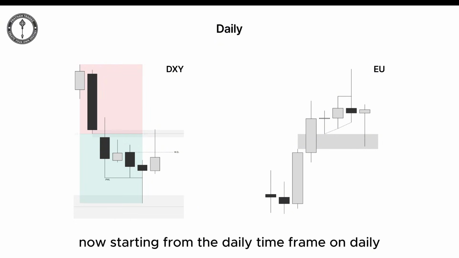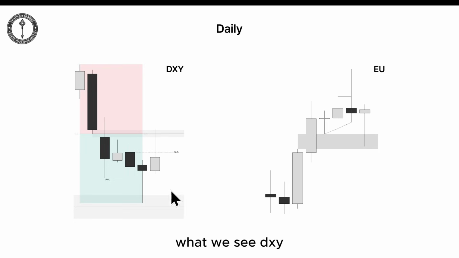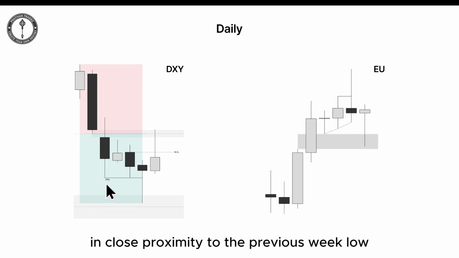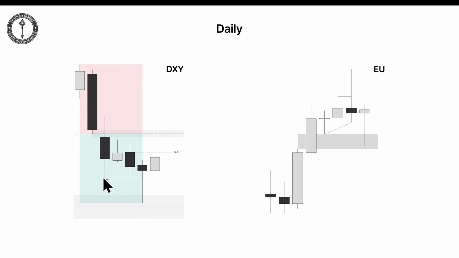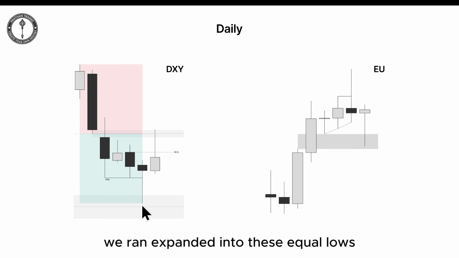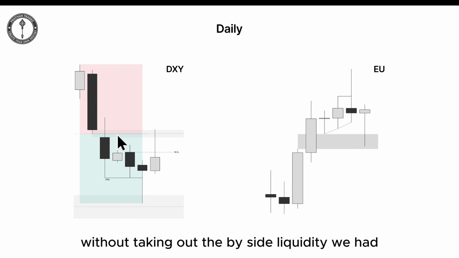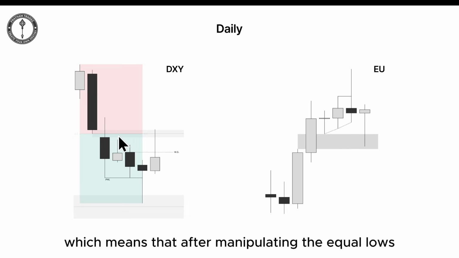Now, starting from the daily time frame, on daily what we see: DXY opened Monday, formed a range, closed inside this Thursday candle, forming equal lows in close proximity to the previous week low. On Tuesday, we ran, expanded into these equal lows without taking out the buy side liquidity we had, which means